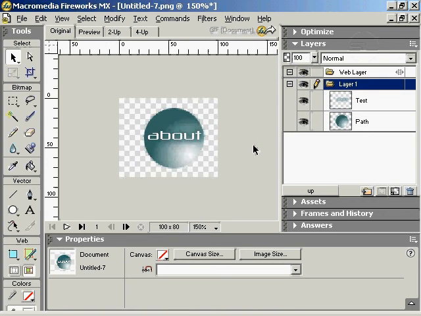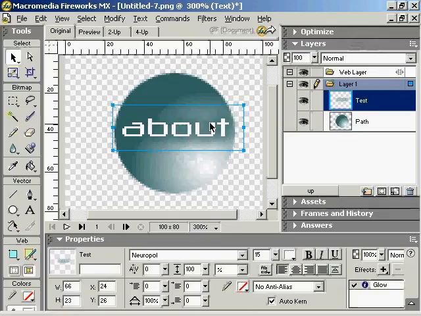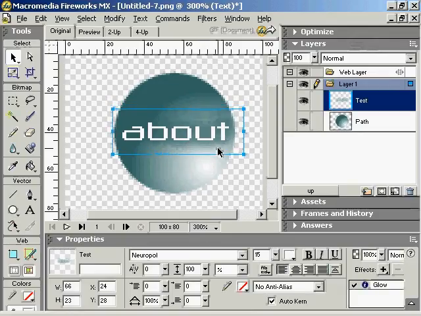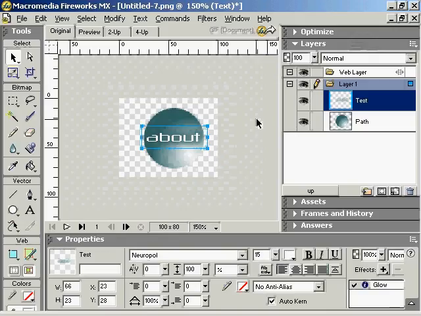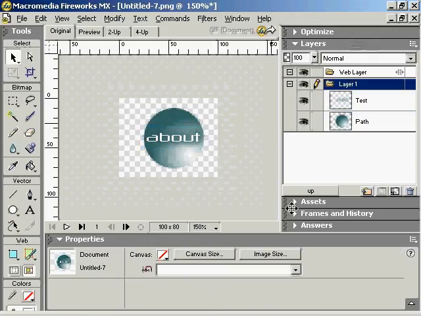Okay, so I'm just going to zoom in for this. The reason I put a glow on it is to make it more defined, because on the white area you tend to lose the about text. Okay, so that's it at the moment. Now the thing is, it's not on the